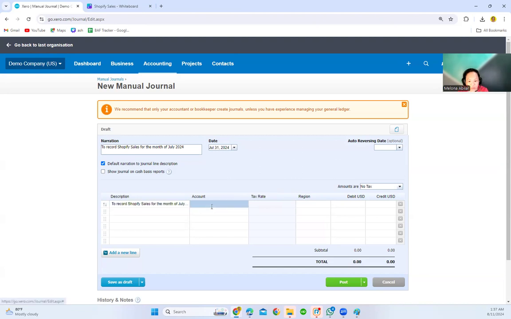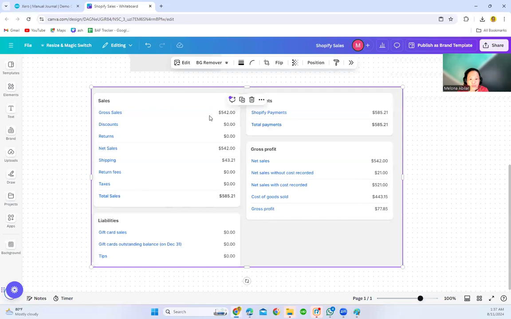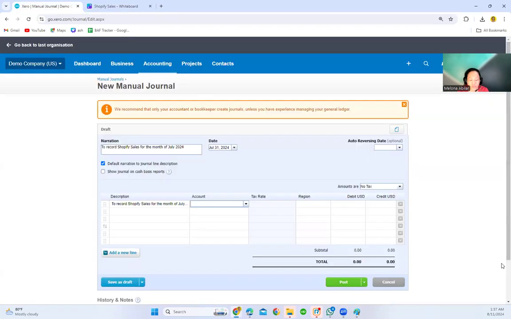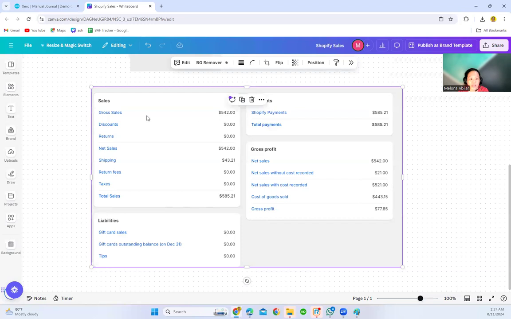For the description, the account for the gross sales, 542, we're using Shopify product sales. Let's just use tax exempt in this example, and then let's credit 542 because this is a sales transaction. Then we have shipping. This is not shipping fee, but shipping income.